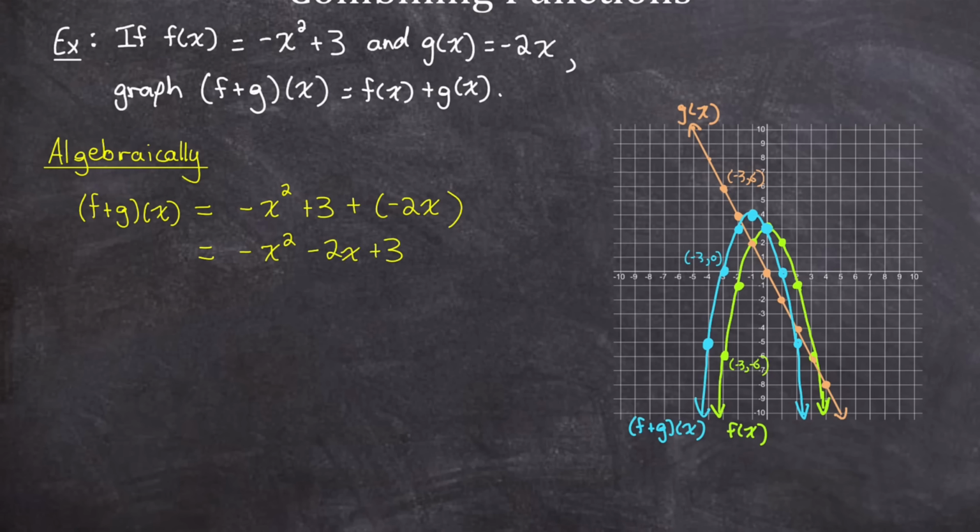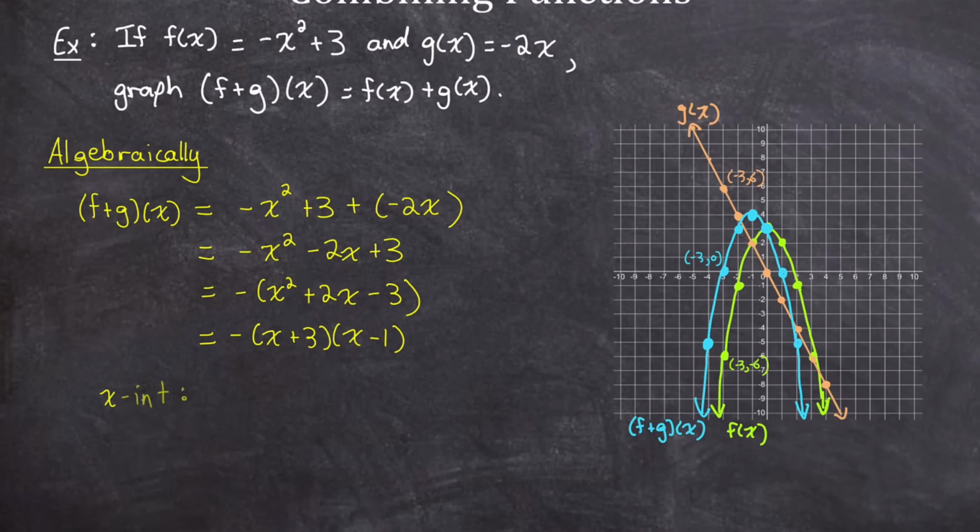And that's just a quadratic equation, and there's lots of ways to graph a quadratic. We could just choose some input values and calculate the outputs, or I could convert this to factored form to find the x-intercepts and then maybe use those to find the vertex. So I could common factor out a negative 1, and then I could sum and product factor this. The numbers that multiply to negative 3 and add to 2 are 3 and negative 1,